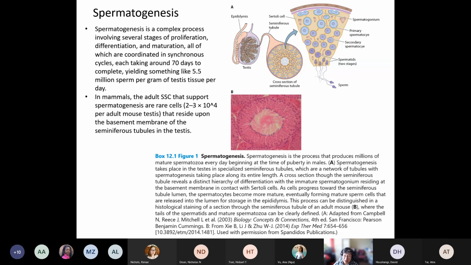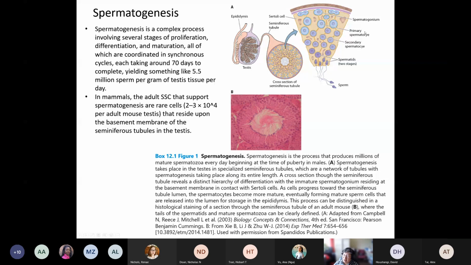So usually you put it into the tubules, and now the stem cell you injected will have to travel back all the way to its niche for a successful transplantation, which is not easy because although